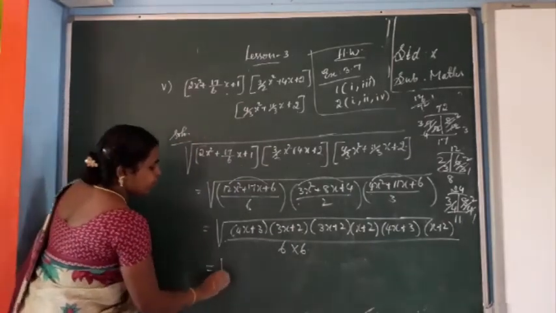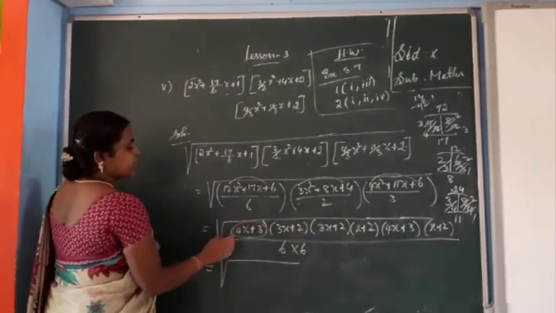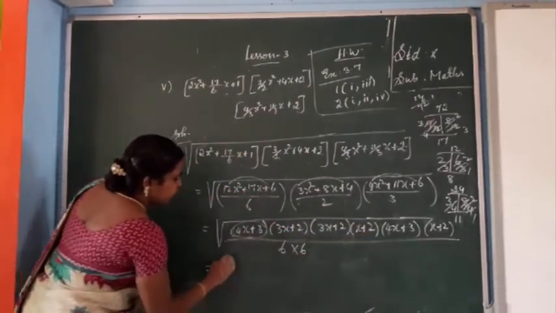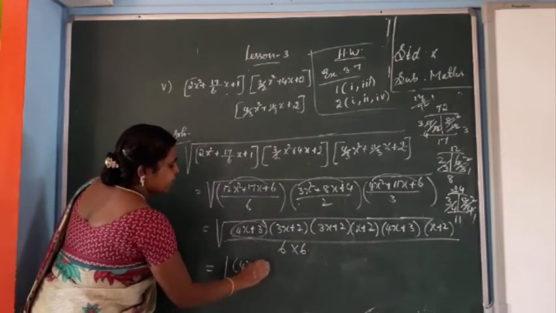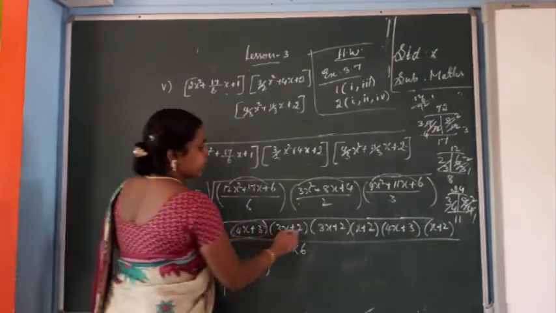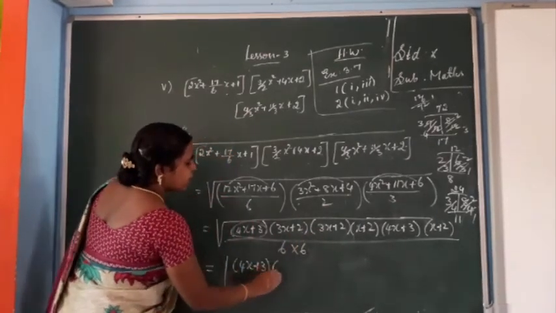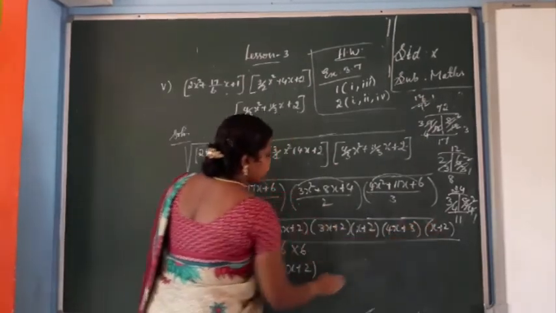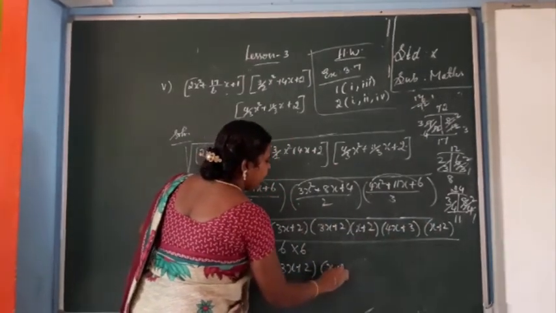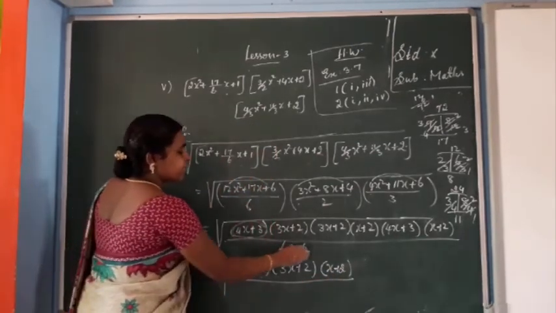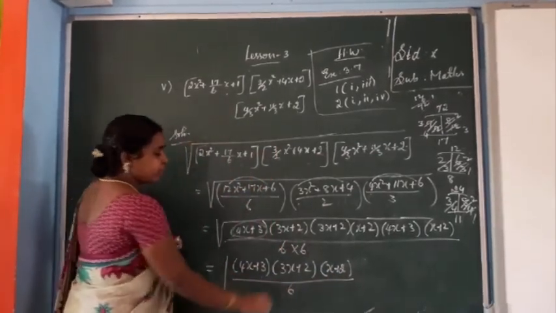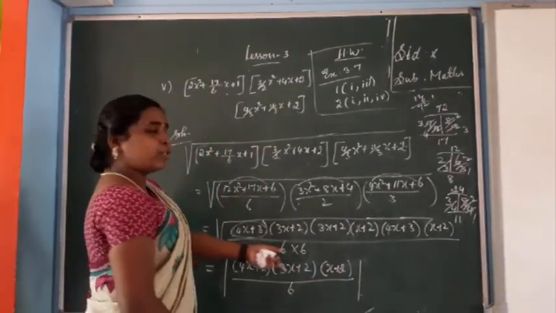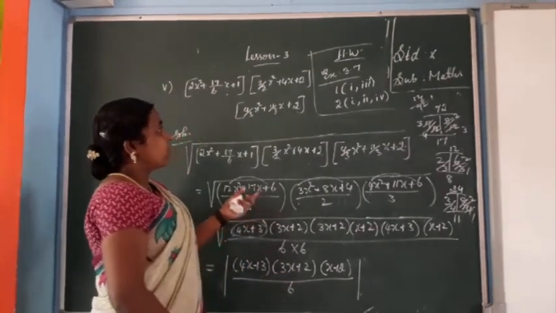Next line. So what do you want to write? 2 pairs are there, which means we can take 1 pair. 4x plus 3, 4x plus 3, so simply you can write 4x plus 3. Without writing the star also you can take it outside. So instead of 2 times you can take 1 term outside. 3x plus 2. Next x plus 2, x plus 2, so instead of 2 times, 1. Like in the denominator also 6 into 6 is there. Instead of 2 6s, 1 6 you can take outside. So the answer is 4x plus 3 into 3x plus 2 into x plus 2 by 6. So these are about factorization.